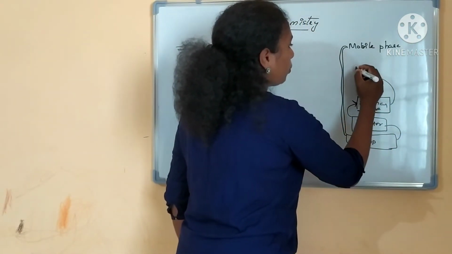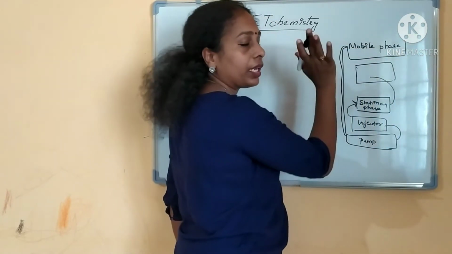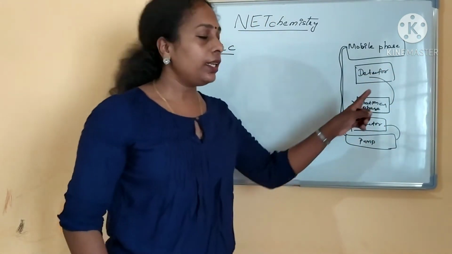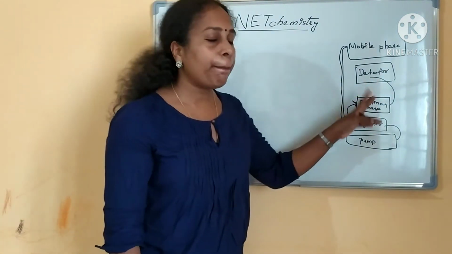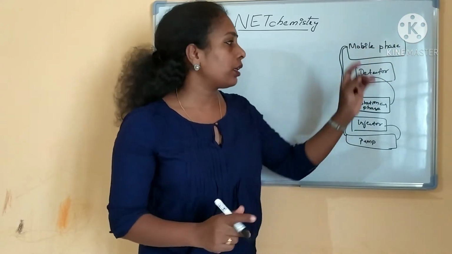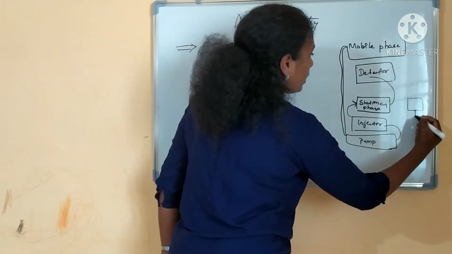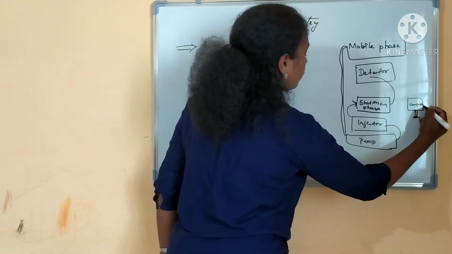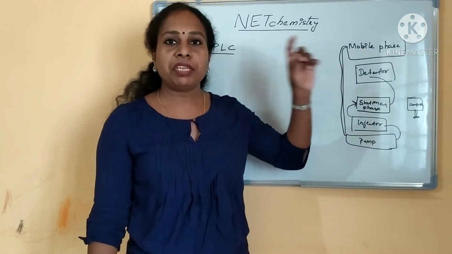Then this will be connected to the detector. This is your mobile phase, okay, in a tray we are keeping the mobile phase. Here the detector will be there, and in this detector it will detect the sample that has been collected, as per the wavelength and particular retention time. We will get a spectrum, which is monitored when the monitor is connected to this instrument, one system. In this system we can monitor the separated samples and analyze the sample.